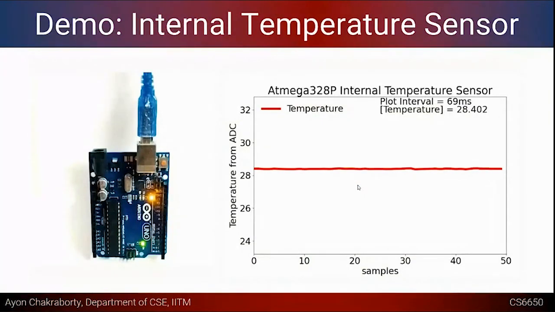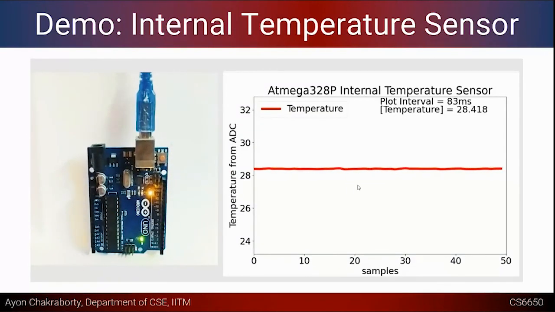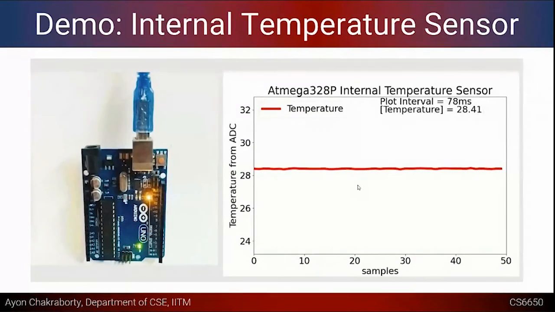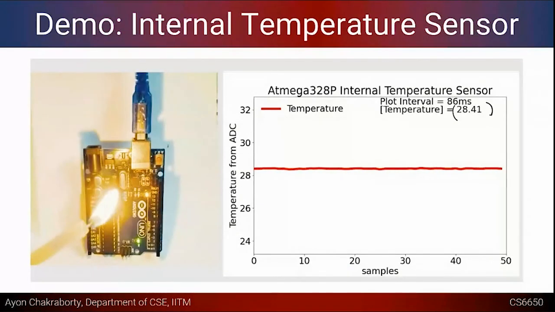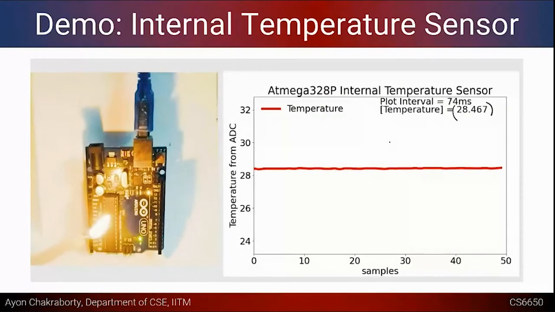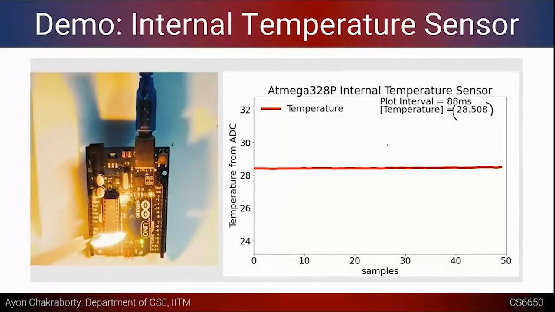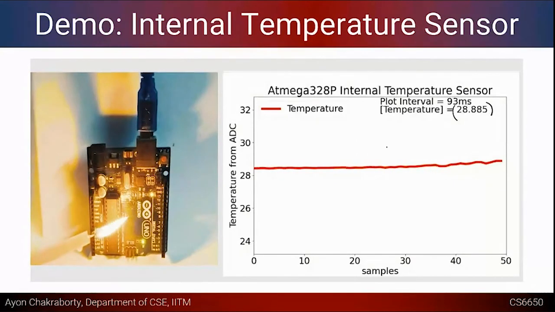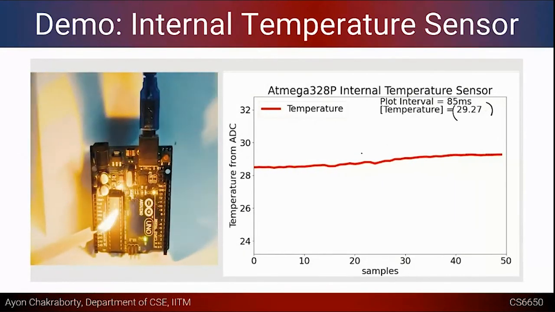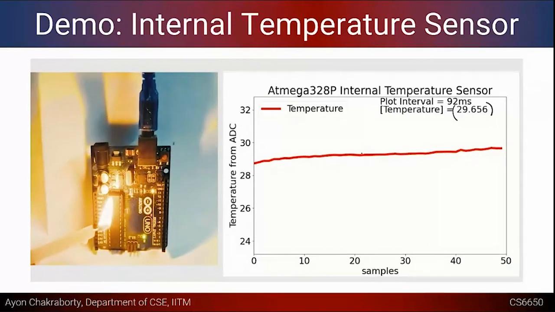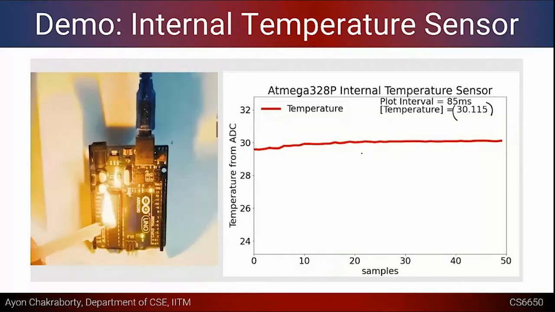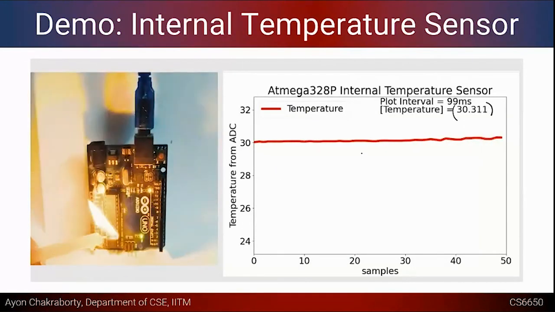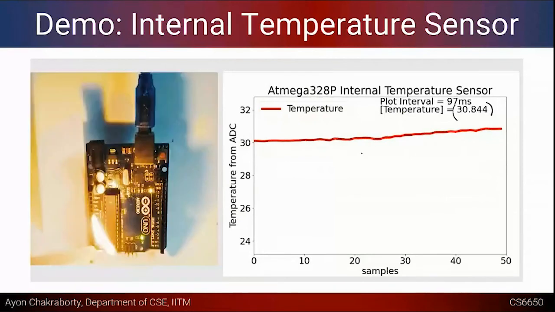This is a demo, so you can even do it yourself. I happen to do it, so I'll just show it to you. On the right hand side, I am plotting the value of the temperature in degrees centigrade, based on the calibration, and I am taking this candle in front. So it's slowly raising the internal temperature. I did not want to burn my Arduino board, so I did not take it very near, but it's pretty near, so that you can appreciate the change in temperature.